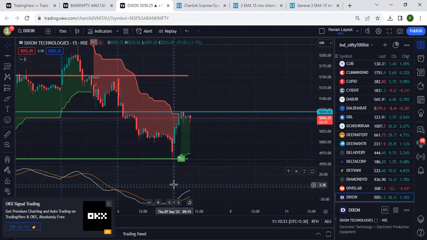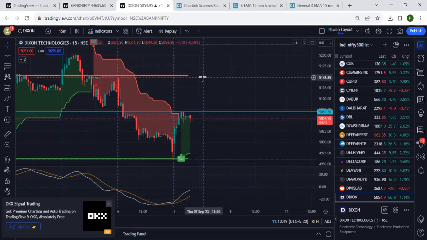So one should wait for the buy signal. The buy signal has been generated today at around 10 a.m. and the entry price is 5069.60, means around 5070 one could enter into the stock